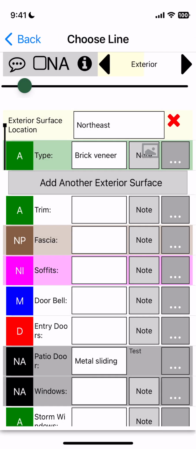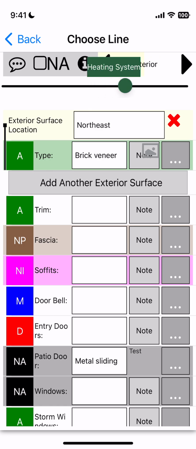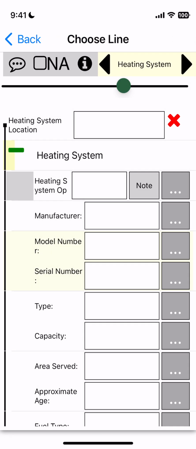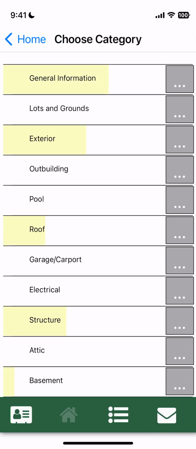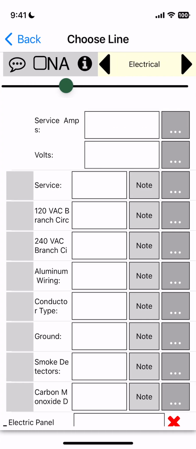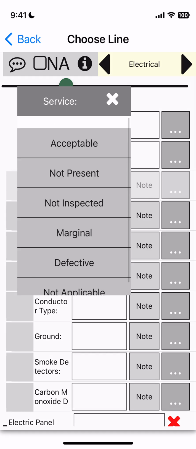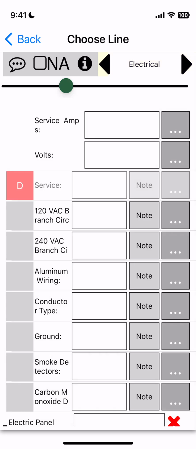Makes it easy. And so another thing I like about their handheld app is that you can slide this little bar at the top to jump to what other section you want to go to, instead of having to go back to the home button and pick it. Okay. Yeah, I don't know if that's that big of a deal, but anyway,